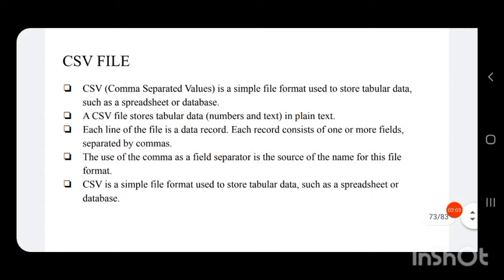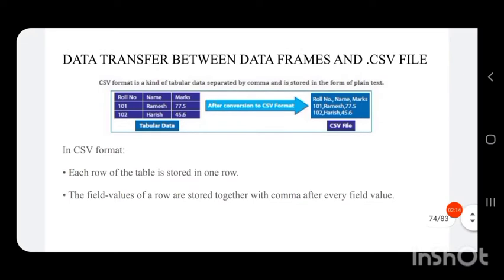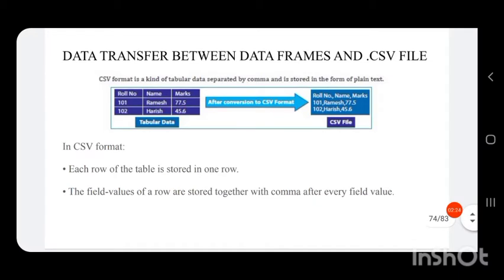CSV is a simple file format used to store tabular data such as a spreadsheet or database. So, we can transfer data between our data frames and CSV files.